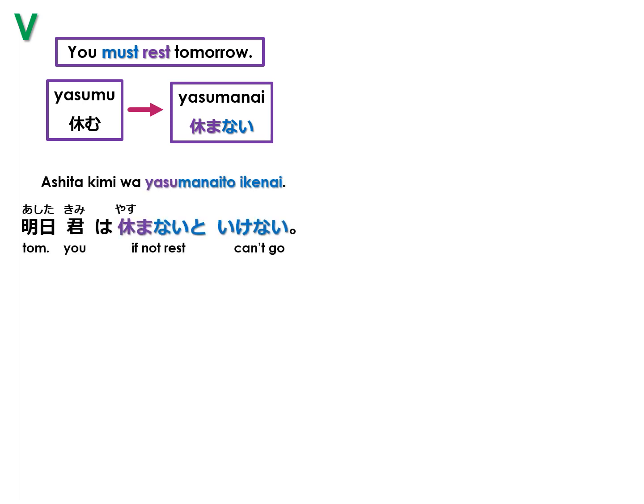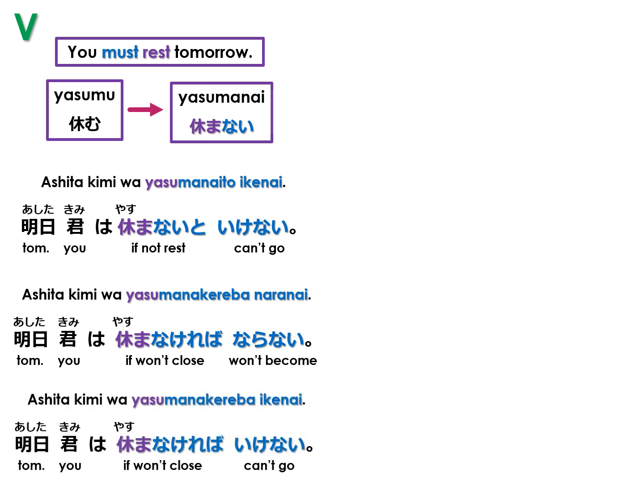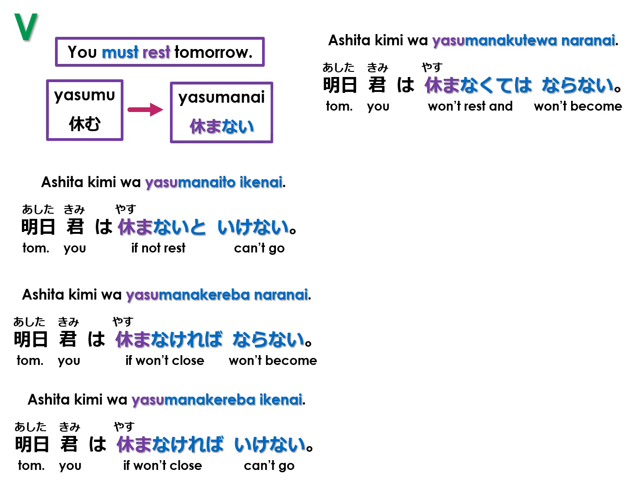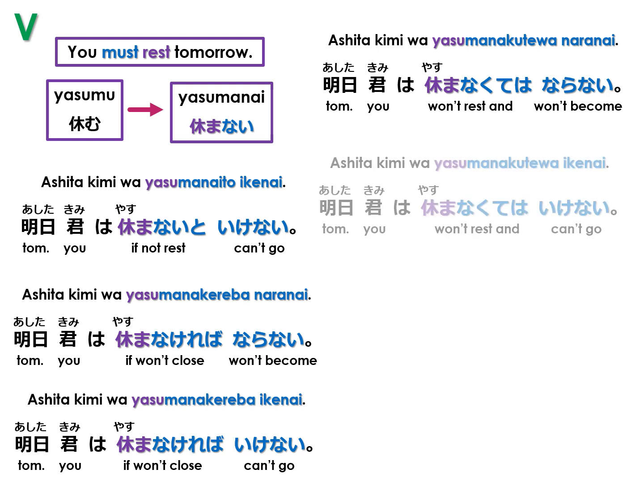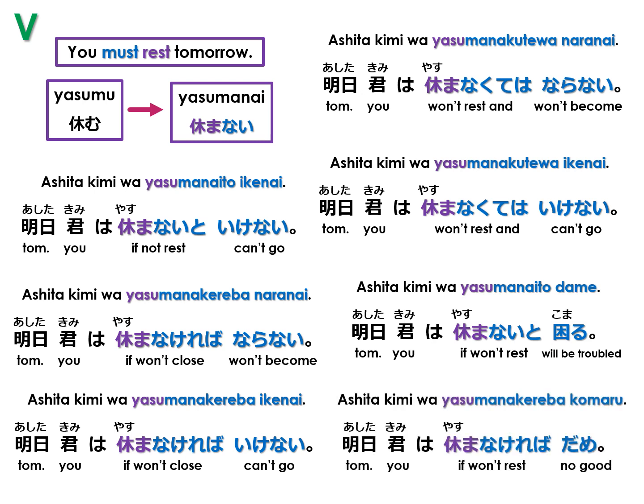So I can say, 明日、君は休まないといけない。明日、君は休まなければならない。明日、君は休まなければいけない。明日、君は休まなくてはならない。明日、君は休まなくてはいけない。明日、君は休まないと困る。明日、君は休まなければダメ。In our next example, we'll be conjugating an E adjective, and we'll use plain forms and